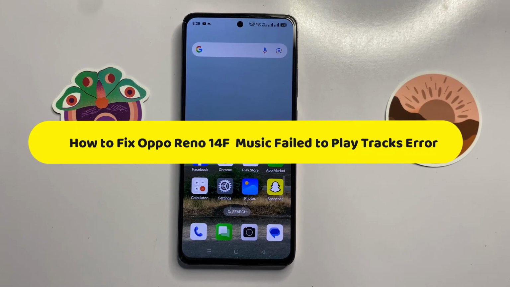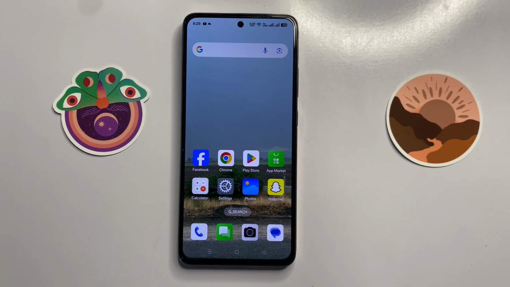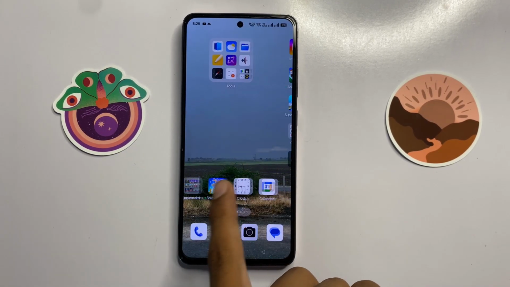How to fix music fail to play tracks error in Oppo Reno 14f. So let's start the video. First of all,